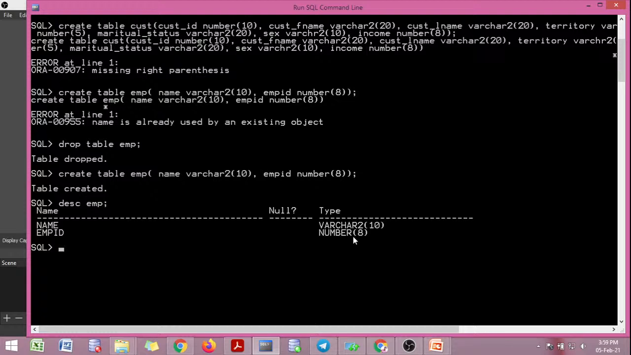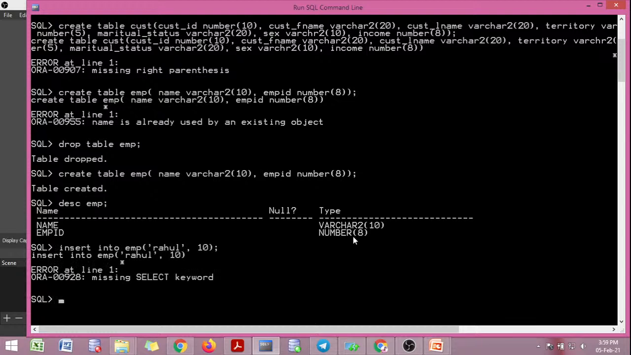Okay, so now the next thing is that if you want to enter the values in this table, how can you proceed? So first one is your insert into, then your table name emp, and within that you put your values, like for example first one is your Rahul, and the Rahul ID is 10, and the parenthesis is ending with semicolon. If you press enter,